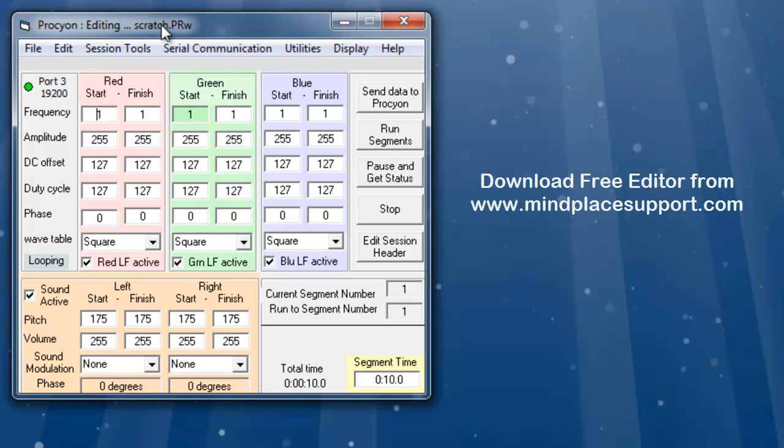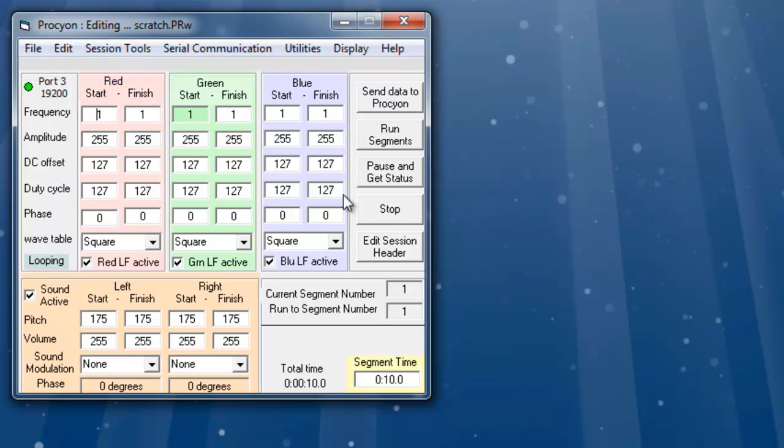the editor. So I have the Procyon Editor open here, and I'm just going to go ahead and create a new session so that we have our default settings and we'll have an easy place to work from. So the first thing we'll want to do is, as I mentioned, target alpha frequencies. So we'll set our first frequency of the red LED to 12, and we'll also set the end frequency to 12. Now let's go ahead and carry those settings across to the other LEDs, and we see that they're all